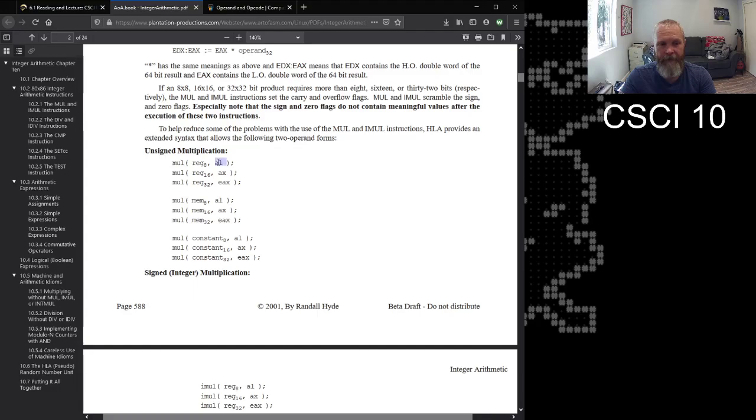So one of the trades we're going to make here is to write a simpler instruction. When we do 8-bit multiplication, we're going to get an 8-bit result. That also means that we're going to have to do a little bit of extra work to detect overflows, situations where multiplying two 8-bit values results in something that's bigger than 8 bits.